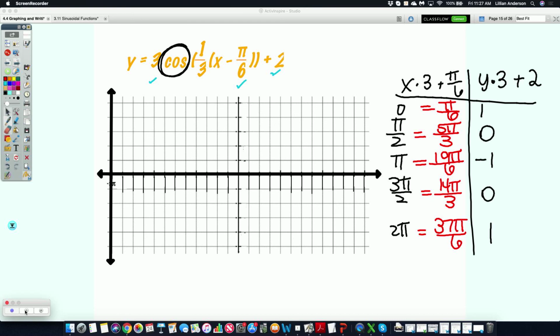Run it down. What'd you get? 5, 2, 3, 1, 2, 5. Very good. And so from there you plot them. Yes, there are no labelings. Clearly, as you can see, you have pi over 6, 5 pi over 3, 19 pi over 6, and so